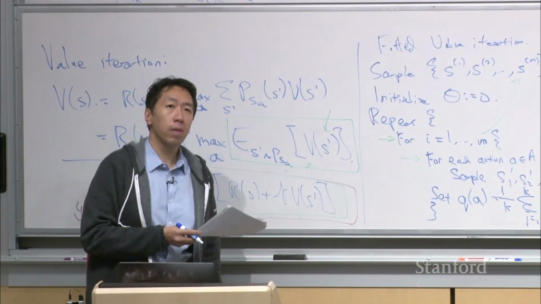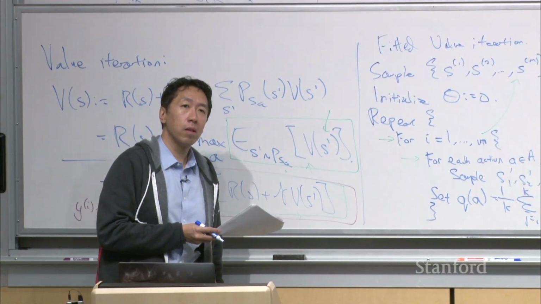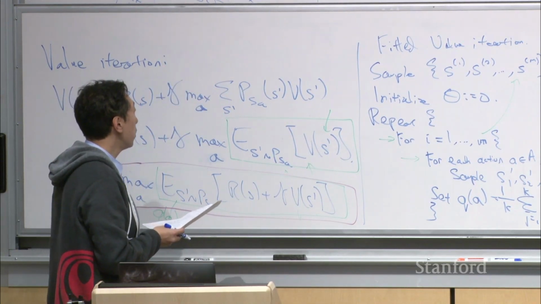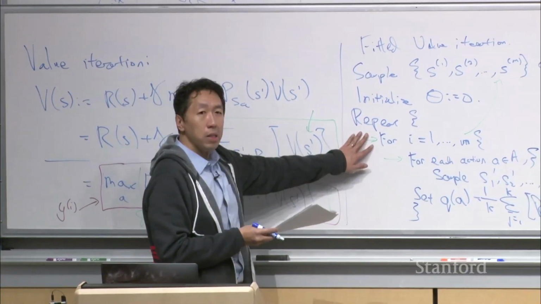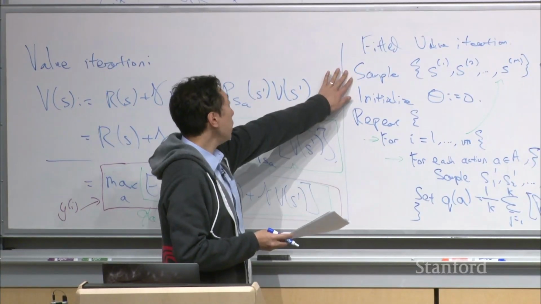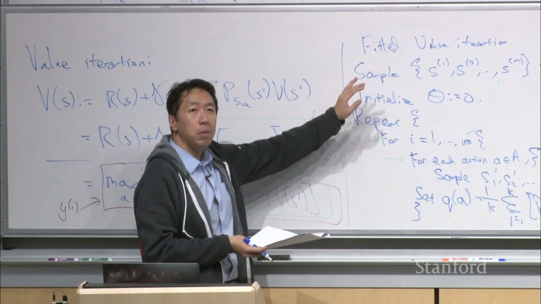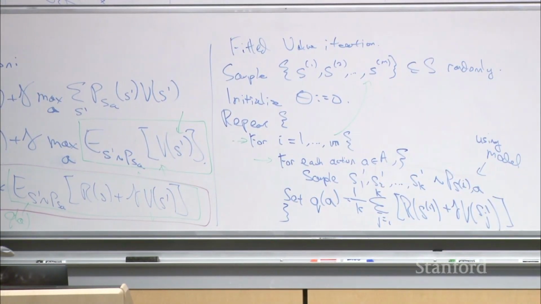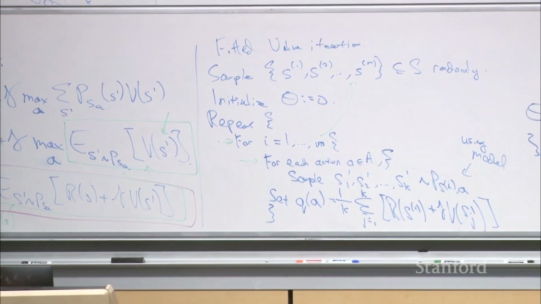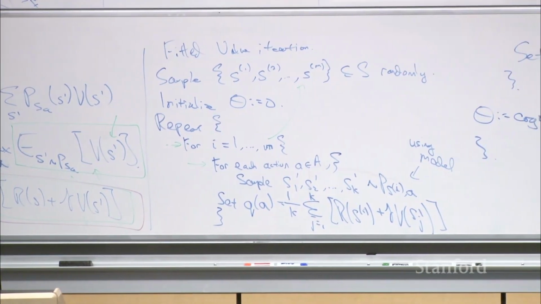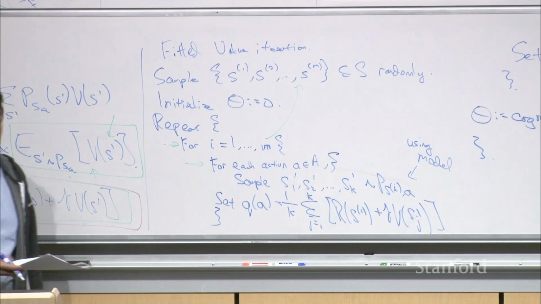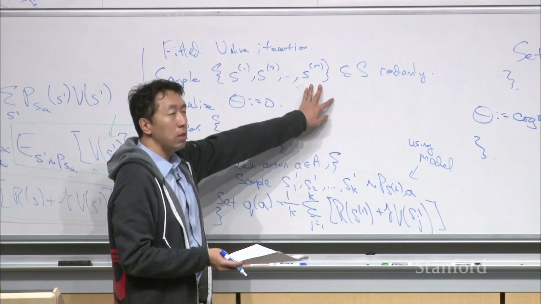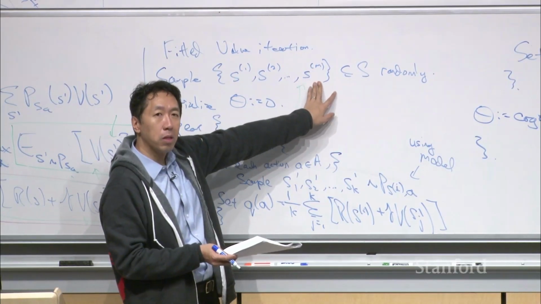In the first step of the sampling, S bracket M, is that the same index as the trial that we ran when we ran M trials? Oh, this one? No, the first line. Oh, this one? Oh, no. The M is used differently. When we were learning a model, M was just how many times you fly the helicopter in order to build a model of the helicopter dynamics. It has nothing to do with this M,